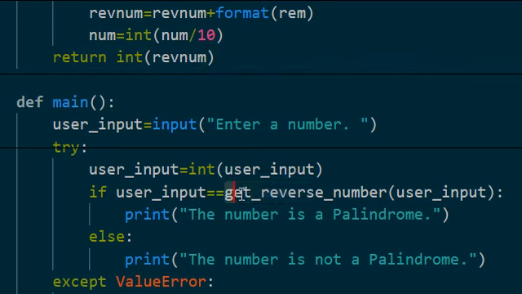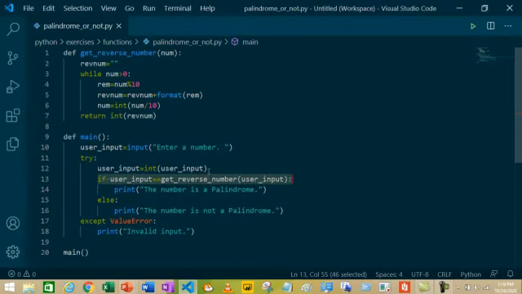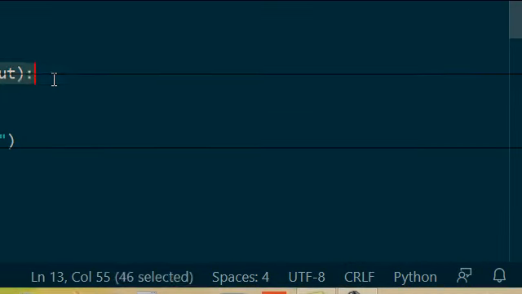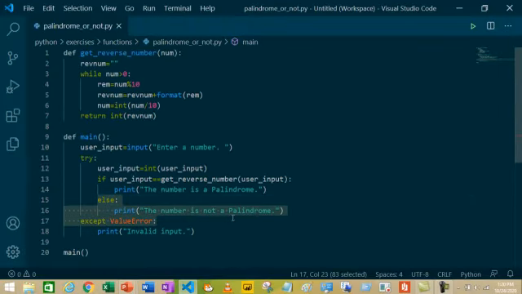And in this if statement, it will check whether the user input, which is 434, is equal to the reverse number of user input, which is 434. So it will print the number is a palindrome. Or else, if we take another input like 503, its reverse number is 305, so it will do what's in the else block.